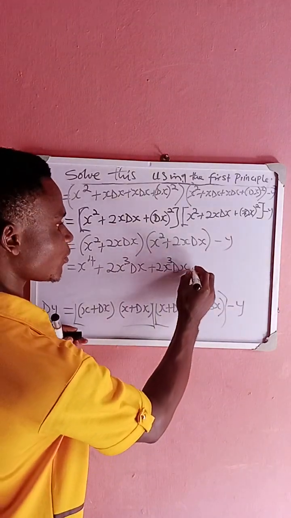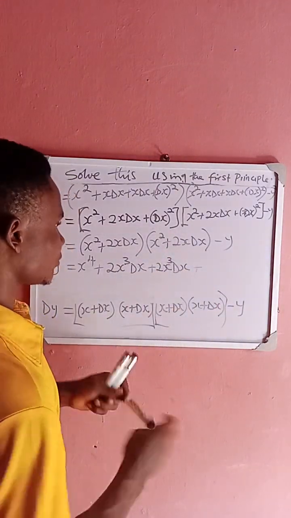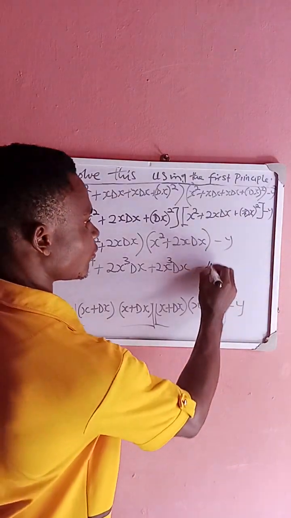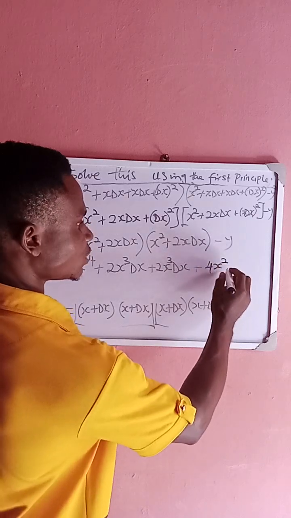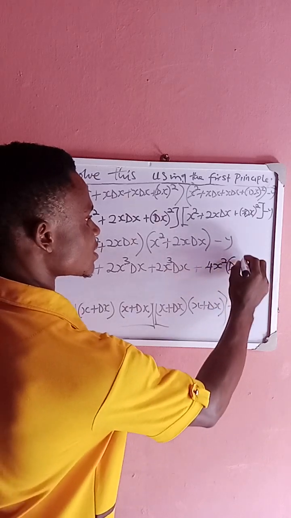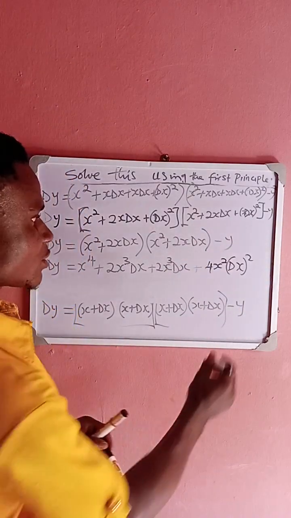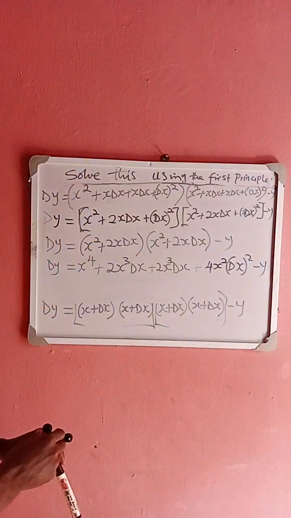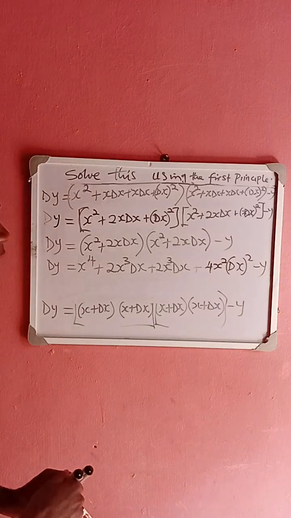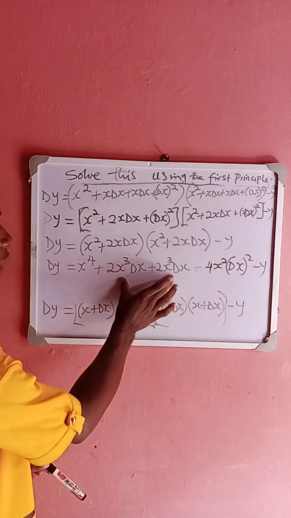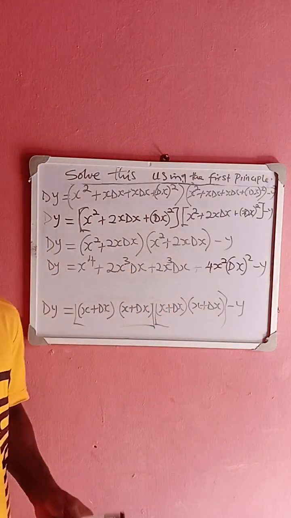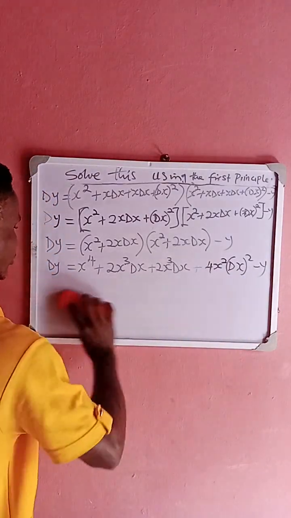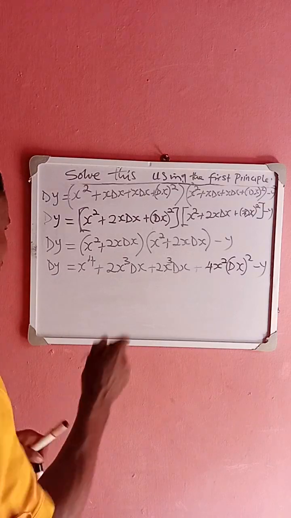Then we have it to be plus 4x squared change in x squared. So we have minus y. So doing that now, what do we have to do? We have to collect like terms. We have this to collect, then we define our y from the next step. So doing that now, we have it to be equals to